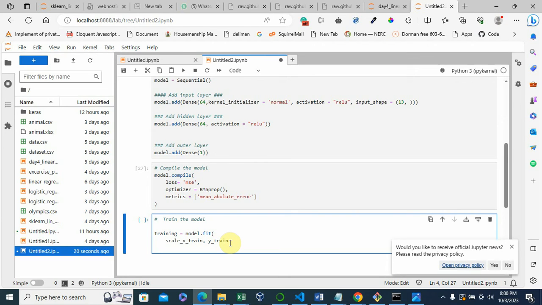Then the next thing we want to do is to put the batch size. So the data is going to be processed in batches, right? The idea is that you're going to have a lot of data, and the data will not be processed at once. You're going to specify the number of times the processing will be done.